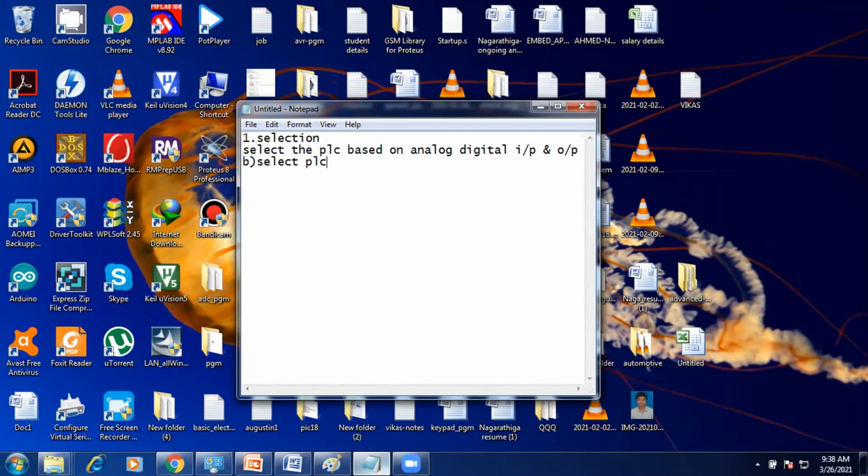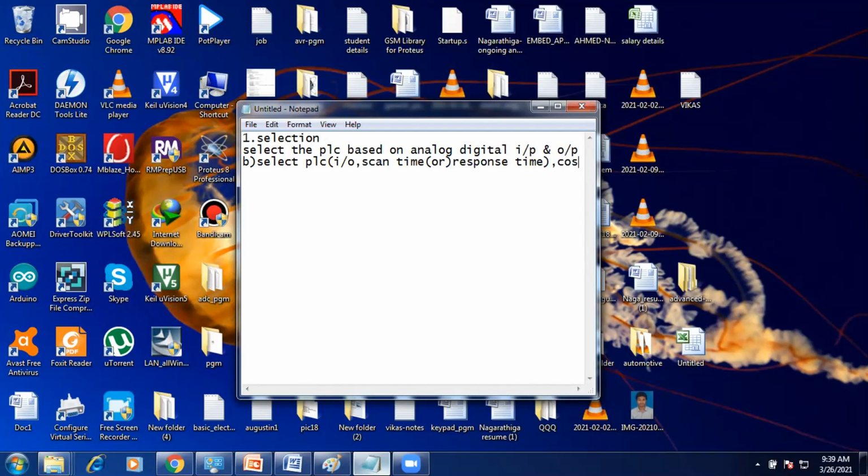Select the PLC based on input, output, and scanning time, which is also called response time. And then based on the cost.